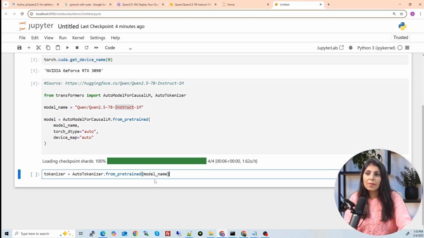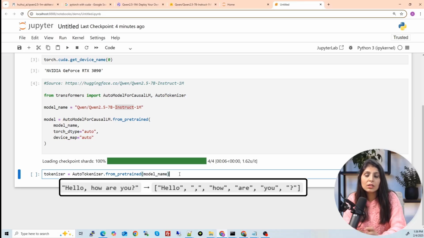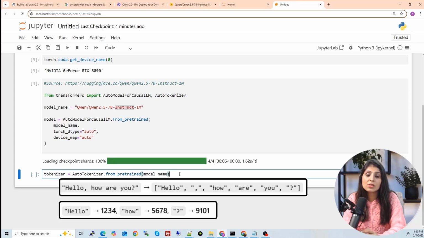Now let's see the next step. The next step is this tokenizer. So guys, why are we using this tokenizer? In an LLM, what is the task of tokenizers? The tokenizer simply splits the sentences into words and then converts the words into numbers, because that is how our LLM model understands the language, right? It does not understand strings, it understands everything in numbers. So with the help of tokenizers, we split the sentences into words and then convert those words into some sort of IDs. That is what this tokenizer will do.